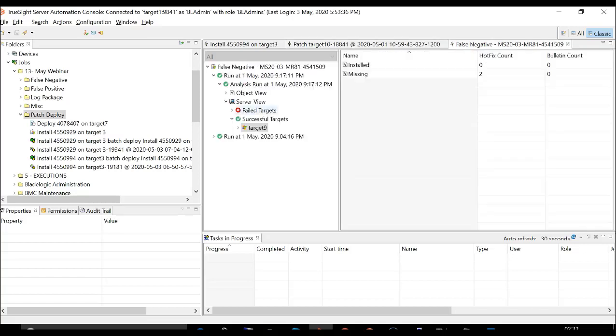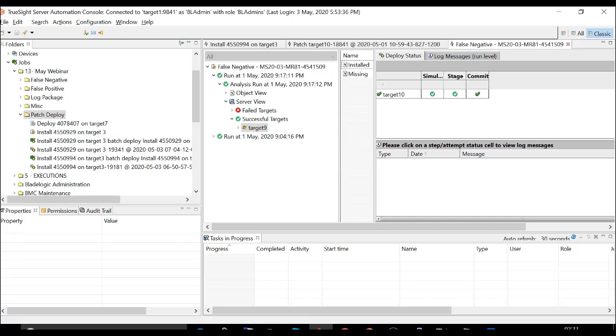When we started the demo, I showed you how to create a patch remediation job. We started from scratch and created a patching job, which was an analysis plus remediation job. Now let's say you have just created an analysis only job and you want to do a direct remediation. You can just right click on the server name and choose remediate server. This is also a way to create a remediation job or a deploy job.